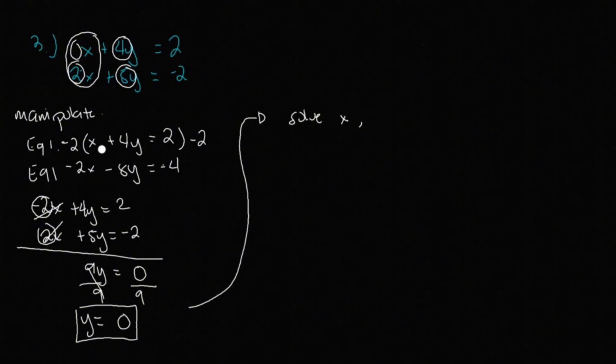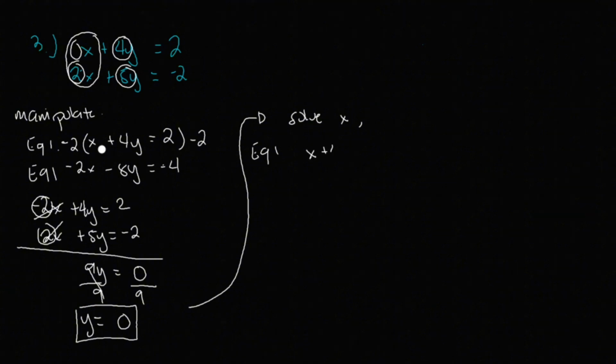Okay, in solving for x, you just need to pick any of these equations, the original one, or you can also use the new equation that we had here. But simply we need to go to an original equation so that we will be dealing with small numbers. So this time let's use equation number 1 to solve for x.